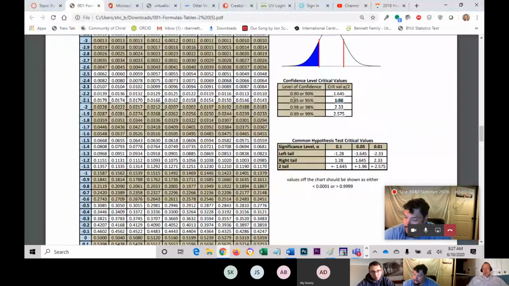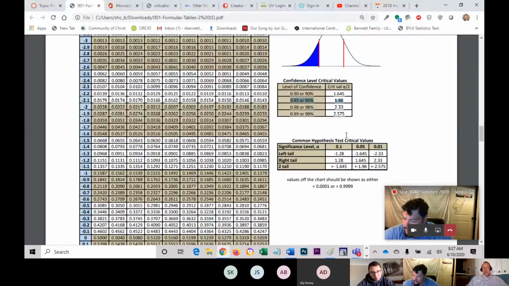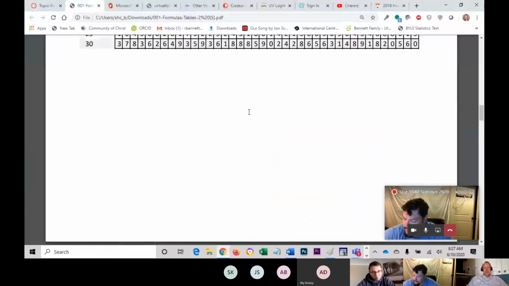Now, the math actually says it's not 2, it's 1.96, but that's really close. So that's very close to 2. But I just wanted to emphasize, if you go out 2 standard deviations, that's what gives you your margin of error, okay? And so looking back at this formula here,